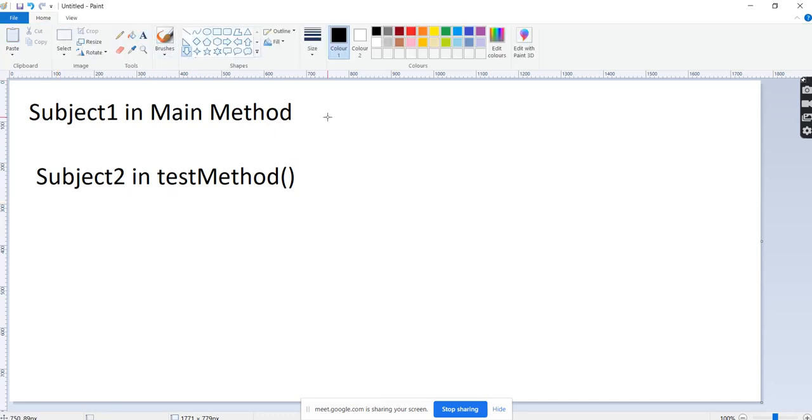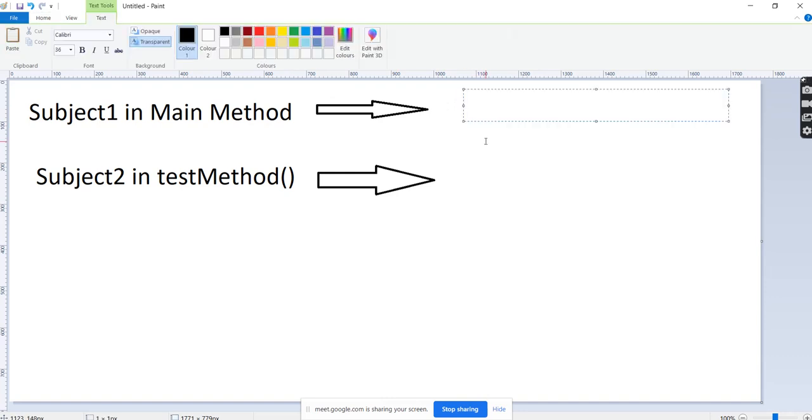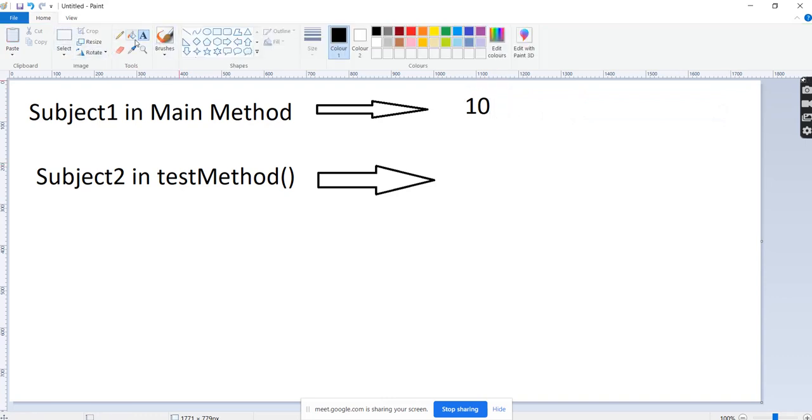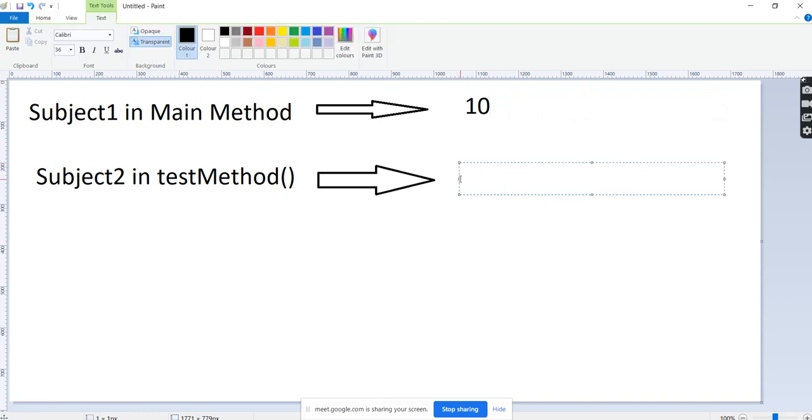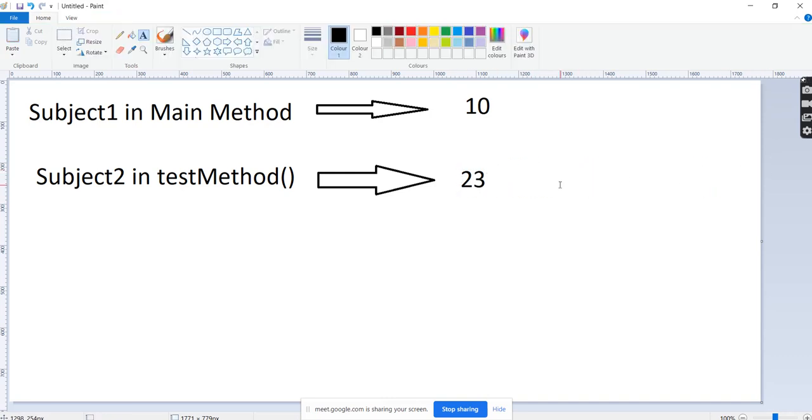Here it is sharing the common memory location. Here what is happening?